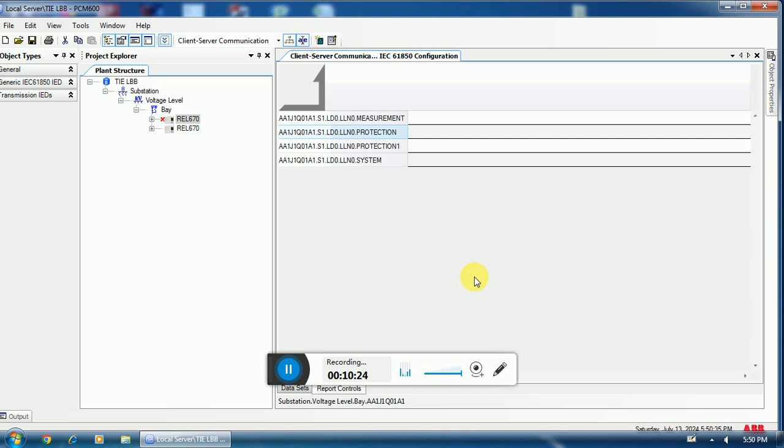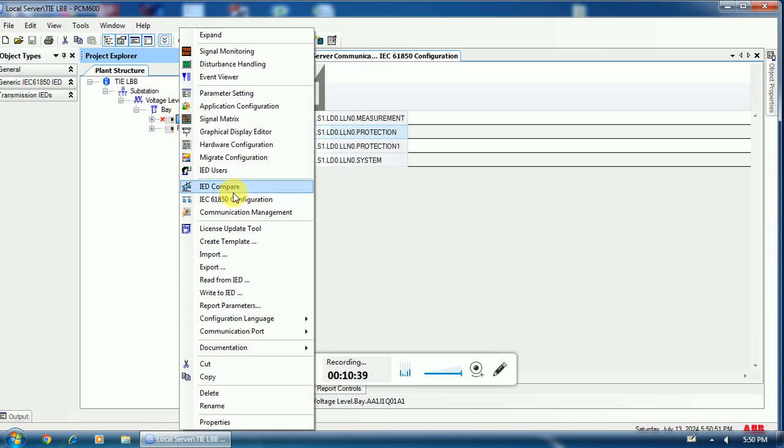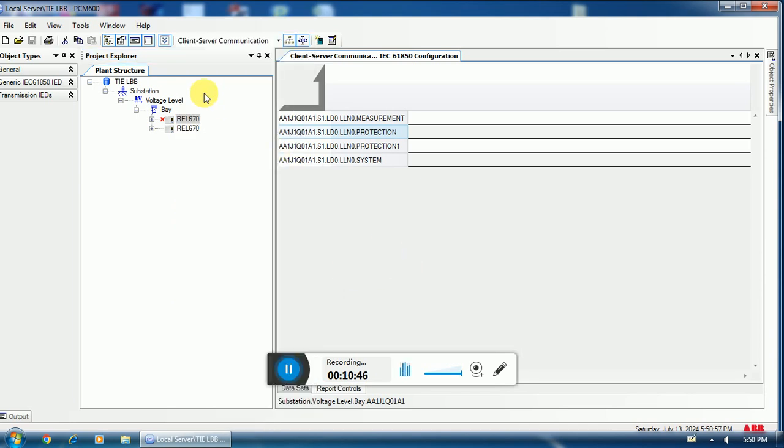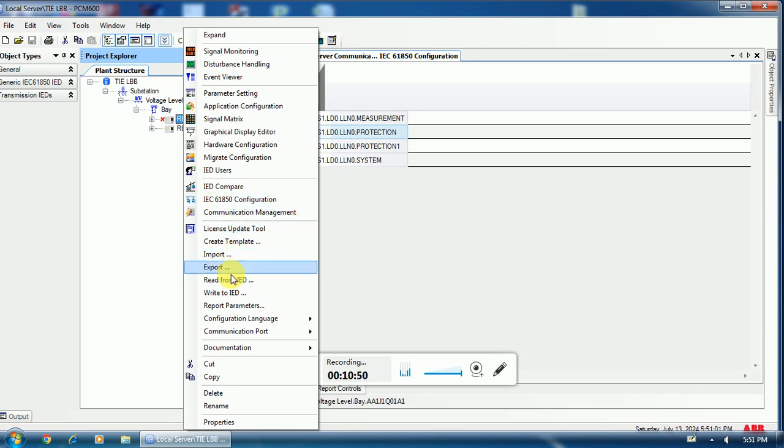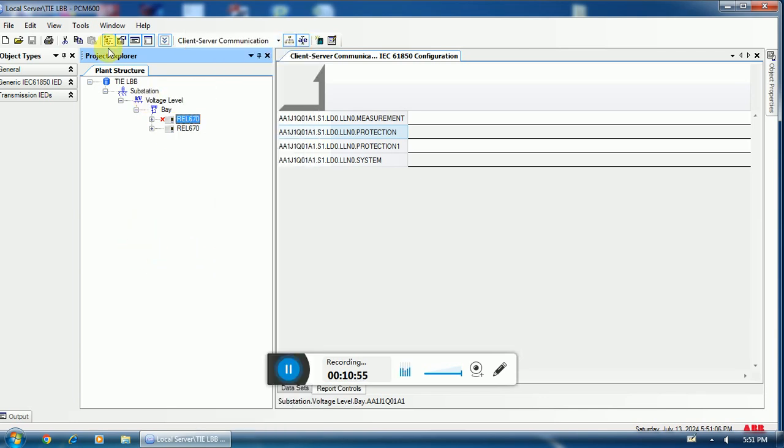Now we will save this dataset. After saving, you can see it will take time. Now it is saved. After that, you just send this configuration into the relay, just write it into the relay. Okay, download this configuration into the relay. After downloading, you just again read it from the relay. After successful reading,